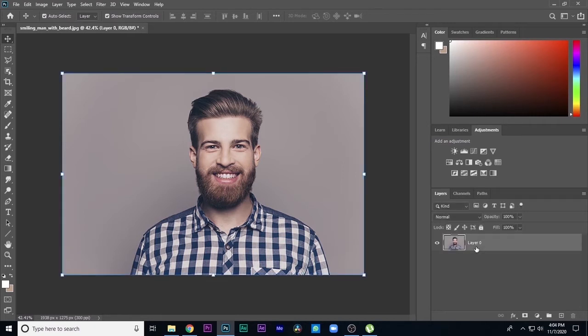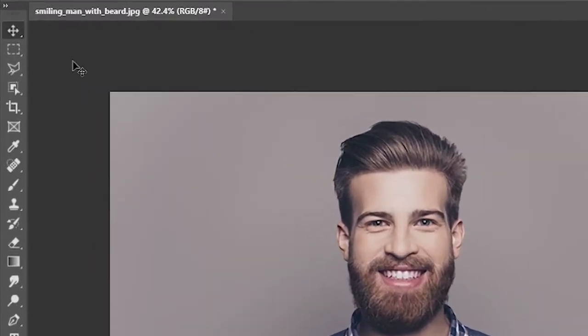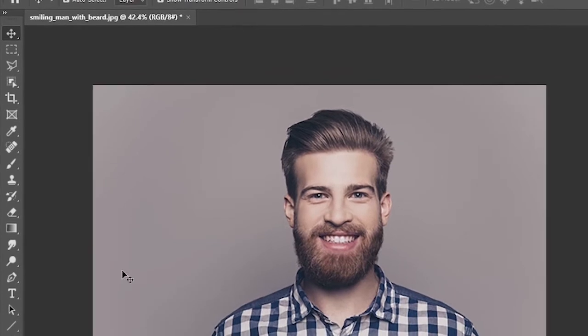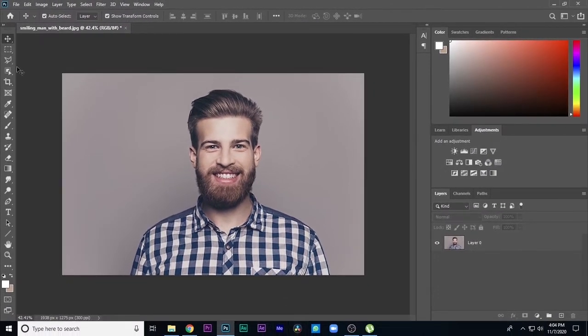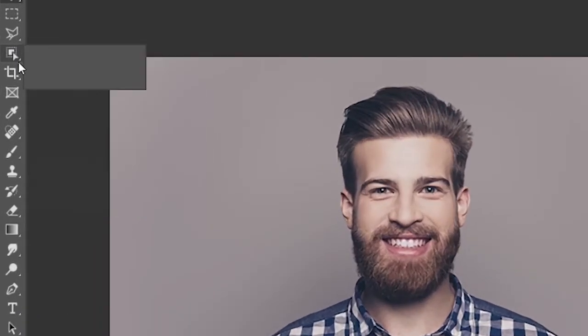First of all, just cut out this subject. For that you can use the quick selection tool, because this is a solid background. You can directly take the subject, but if you do not have a solid background, then you can use the pen tool or any other selection tools. For that you have many tutorials, you can just see on YouTube. I am giving a link to the best tutorial about selecting, not on our channel but on another channel.